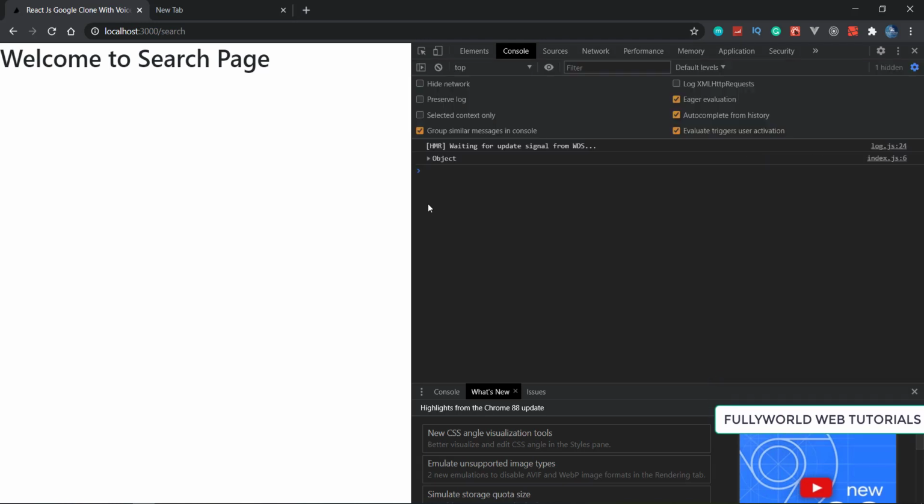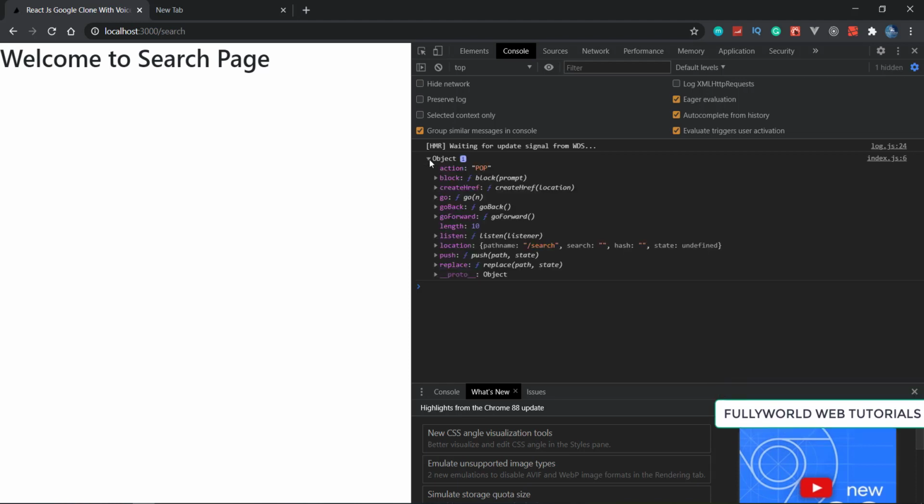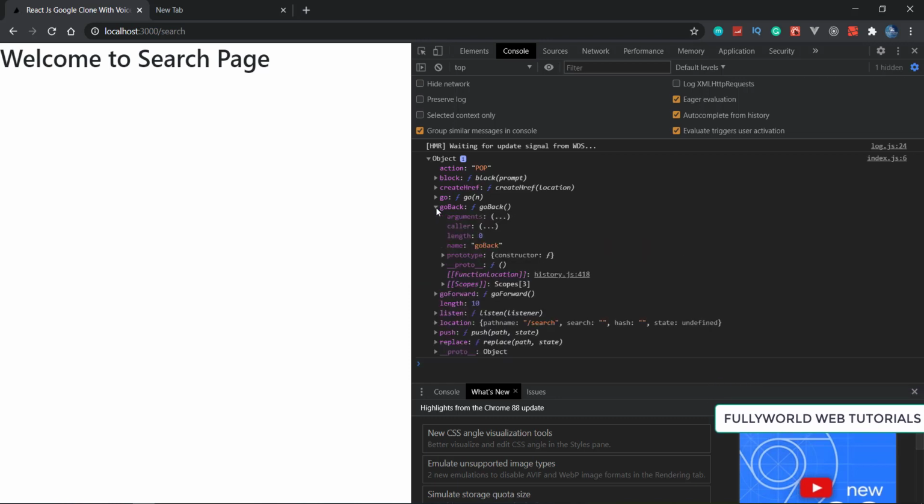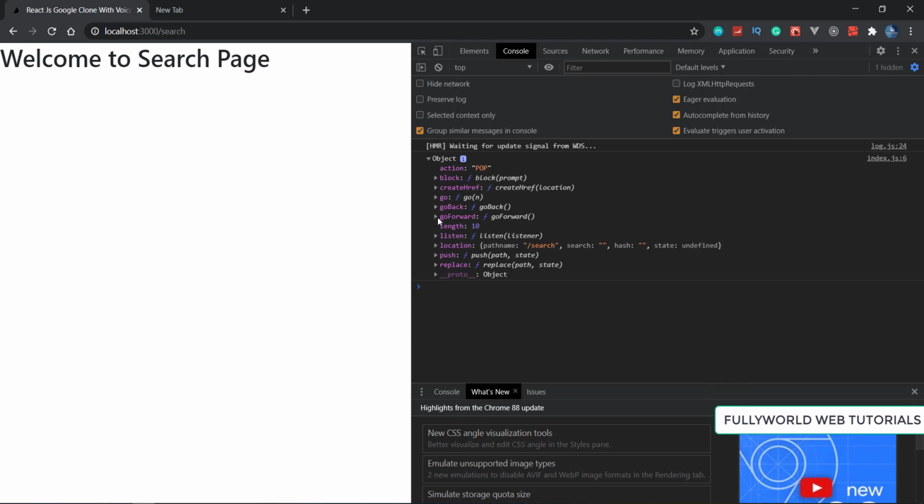See that here we are getting one object. This object also has a goBack function, so we can use that also. There is our goBack function, and a goForward function is also there, but this will not work because we don't have anything like, first there is go back, then we can go forward.